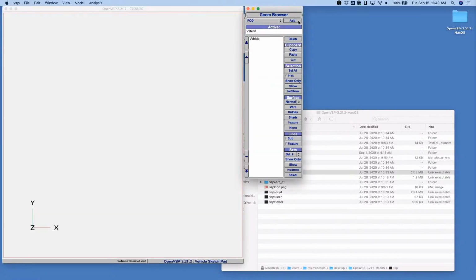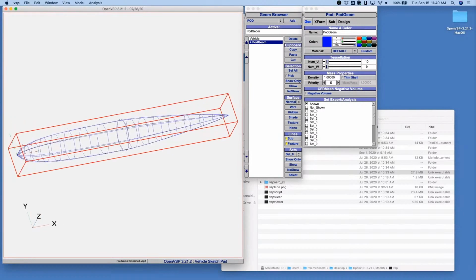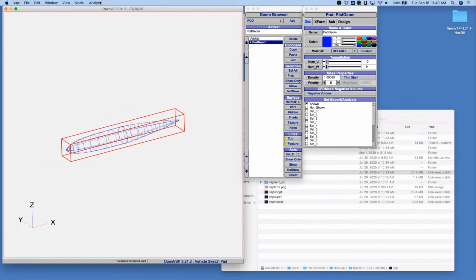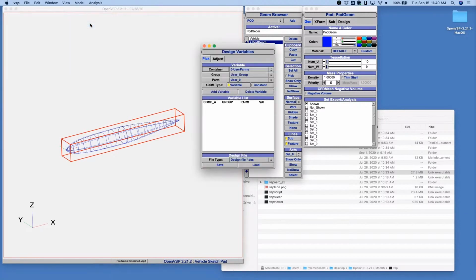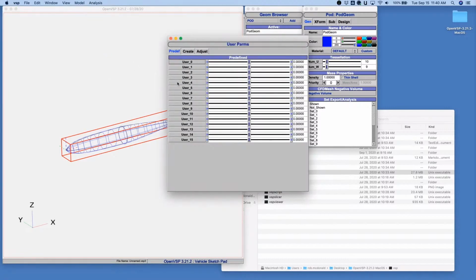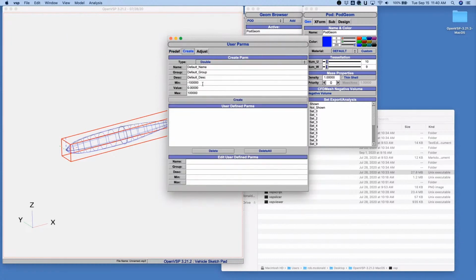So to start, I'll replicate that first example. Here's a pod, just a default pod, and we'll start under model. First, we're in user parms, the user parms menu. And as you'll see, we have the 15 built-in user parms, and then the ability to create them. And we can come in here and we can create foo, and we create that. Now foo is a parm,